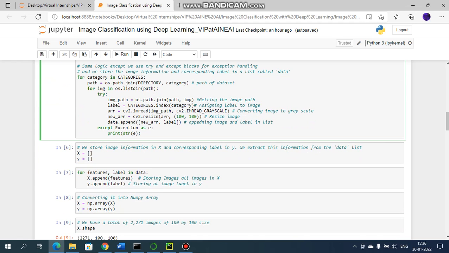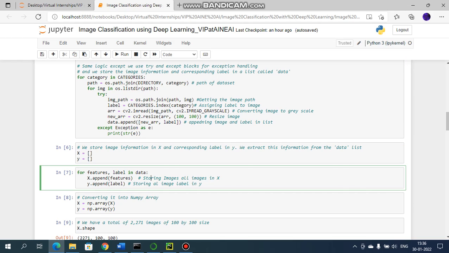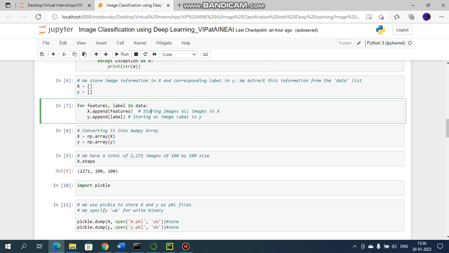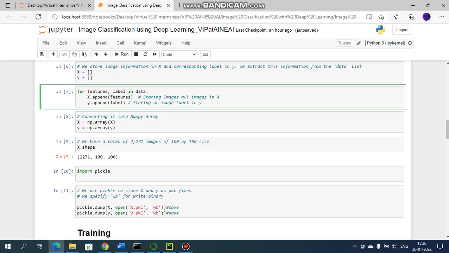Next, we separate the images and the target. In X, we store the image information, and in Y, we have the target. Now we know that all of this information is in the data list, so we iterate through the data list accordingly and separate the information into the X and Y variables. We convert X and Y to NumPy arrays. Then from the shape of X, we can infer that we have a total of 2,271 images,